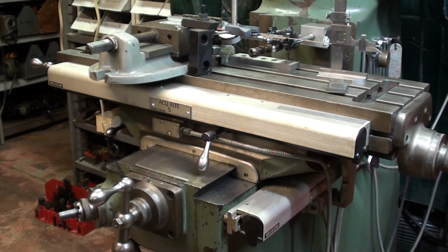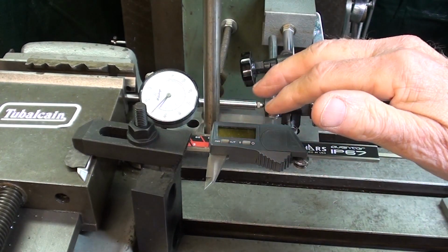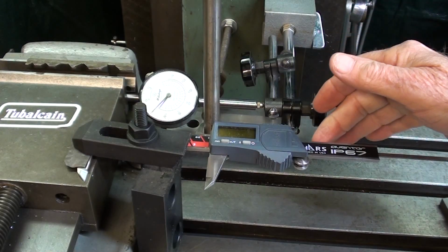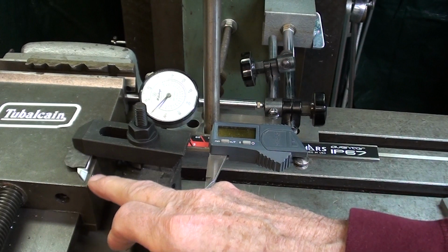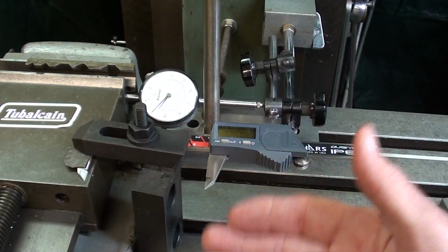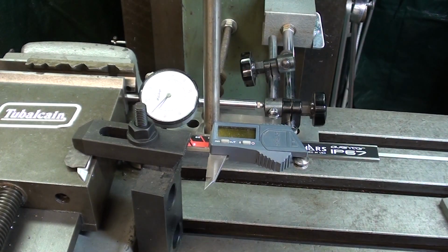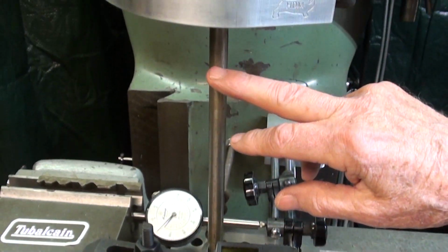So, all right, on with it here. All right, let's look at the setup here now. The vise is clamped securely so it can't move. The Schar's caliper is clamped here to the vise, and I know I'm going to get criticized for that, but there is a piece of lead there to protect it. Well, now I'm going to get reamed on using lead. So, you know, you can't win with some of the critics. You just can't win. All right, in the collet here now, this is a piece of 1/2-inch rod, so it's